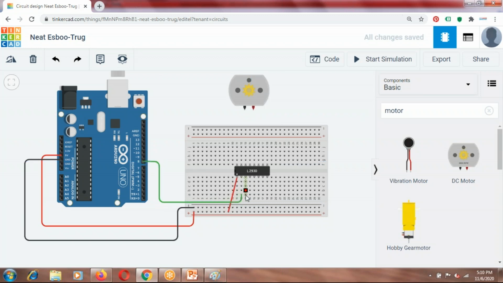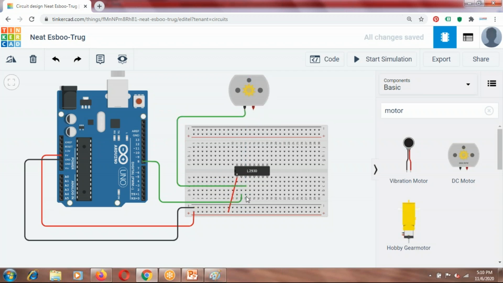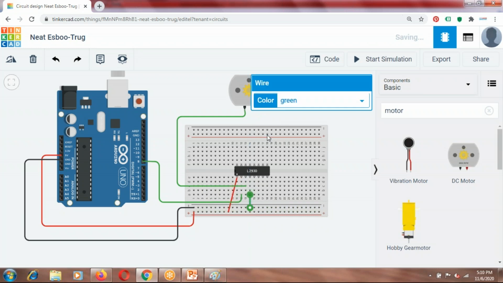Now the third pin is the output pin. It is to be connected to the motor. So you can just take it out from here and connect it to one of the motor terminals. Let us connect to terminal 1 of this motor. The fourth one is to be grounded, so let us ground it.